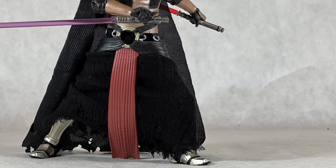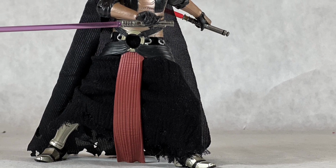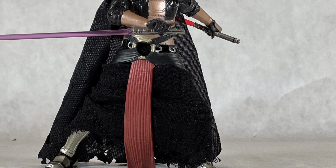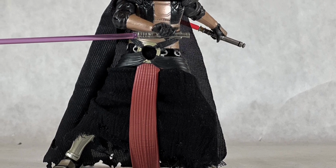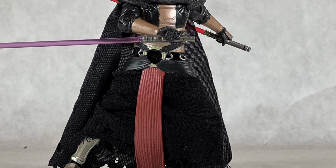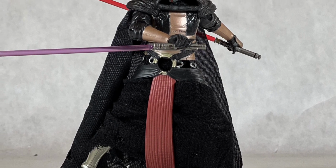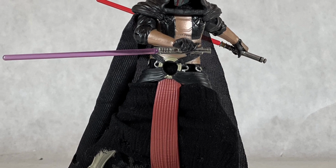Now getting into number 3, we have the Star Wars The Black Series Archive series, Darth Revan. This was my first Star Wars The Black Series figure of 2022, and I knew for sure this guy was going to end up in my list of the year, because I love Darth Revan, I love Knights of the Old Republic. Darth Revan literally is my favorite character from Knights of the Old Republic, and I really like the